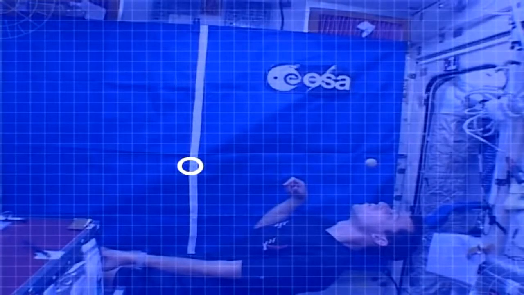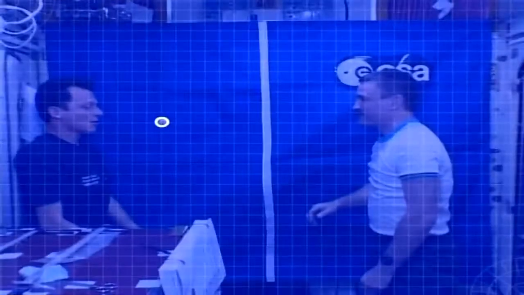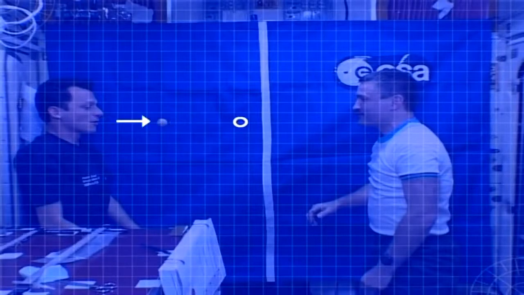Here you can see Pedro applying a force to the ball. He is changing the ball's direction, therefore changing its velocity. In the second experiment, you see Alexander stopping the ball. Here he's changing the speed, therefore he's changing its velocity. The rate of change of velocity is called acceleration.